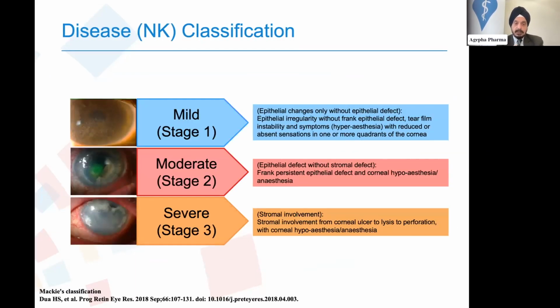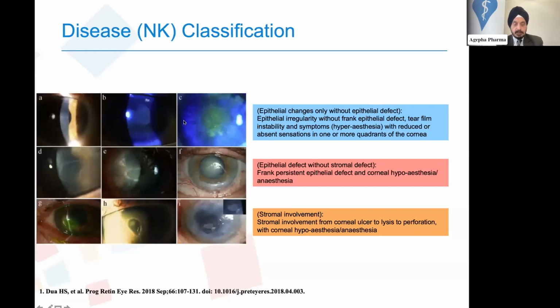We classify neurotrophic keratopathy into 3 stages: mild, moderate, and severe. Straightforward. When there's epitheliopathy without a frank defect, it's mild. When there's a frank epithelial defect without stromal melt, it's moderate. When the stroma starts to melt, it is severe. And these are examples of only epitheliopathy, mild, epithelial defects without stromal melt, moderate, and epithelial defect with stromal melt,